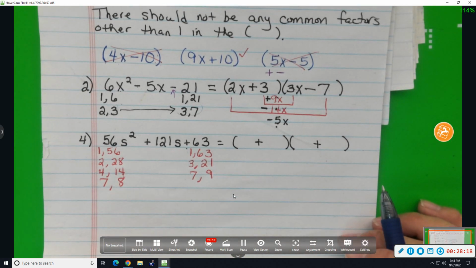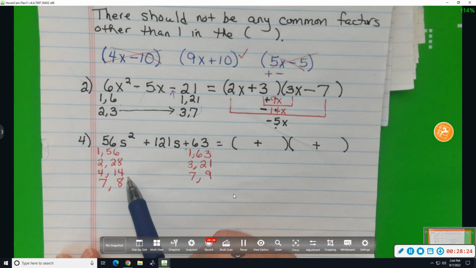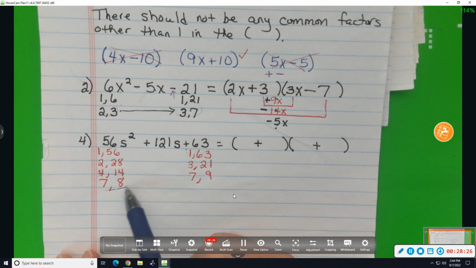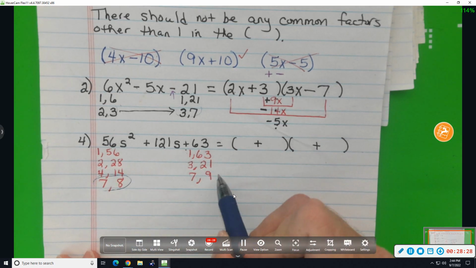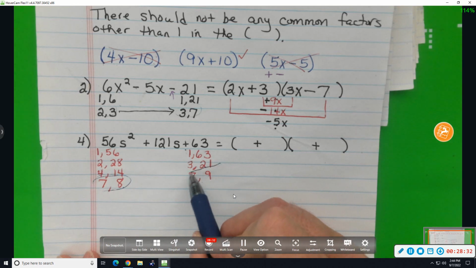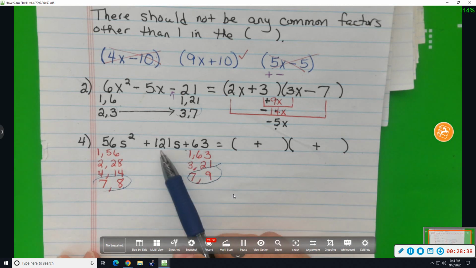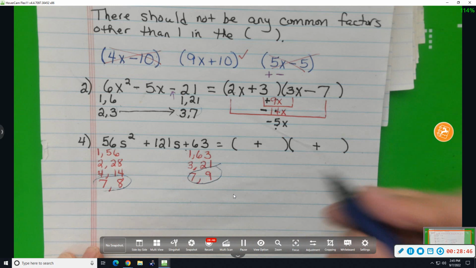Well, how do I want to start this? I'm going to go ahead and start with the 2 numbers that are closest together. And I'm going to try to pair the 7 and 8 with the 7 and 9. Let's see if we can get it to work out. By work out, I mean, can we get those middle terms, the outer and inner terms, to add together to give 121? So if I put a